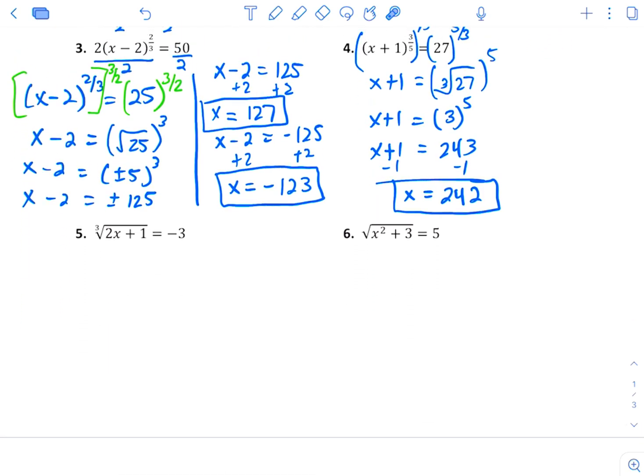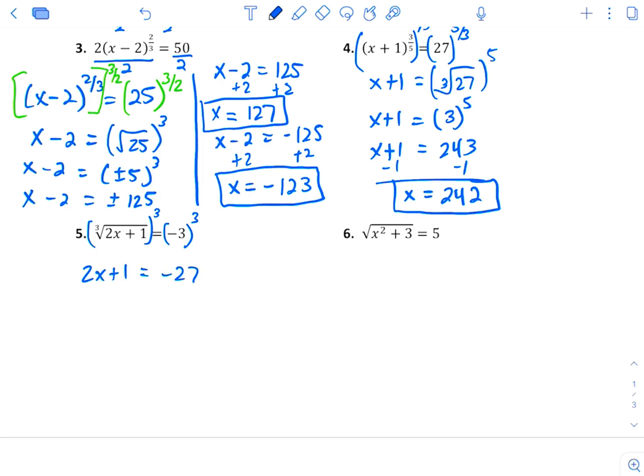All right, on 5, as I'm looking at this, I have a cubed root, and it's already by itself, so I can go ahead and start my solving process. So I need to take everything to that 3rd power to get rid of a cubed root. So if this was a 4th root, then it would be to the 4th power. Okay. So 2x plus 1 equals negative 3 cubed is negative 27,